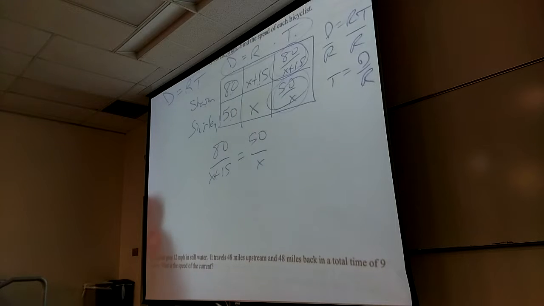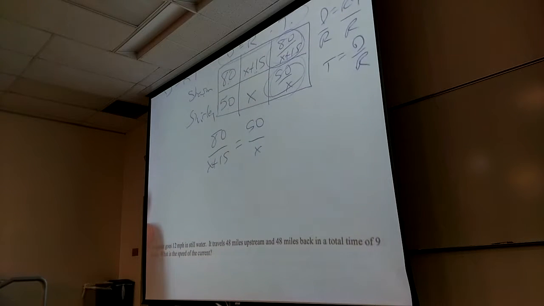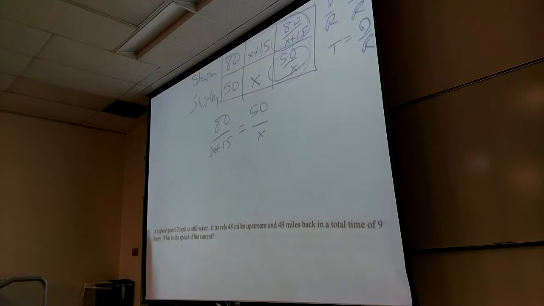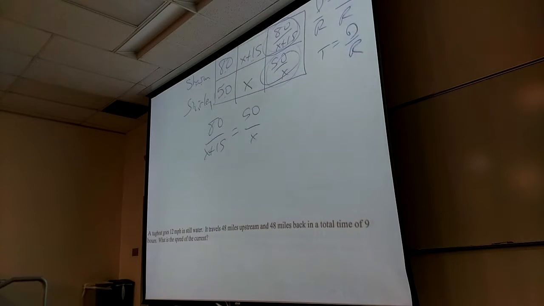Now, we haven't really talked about this yet. There is a process you guys love too much and you try to use it in too many places. What am I allowed to do here? I can cross multiply. The only time it actually works directly is when I have one fraction equals one fraction. If you try to use it anywhere else, you're going to mess up if you're not careful. You can actually use it in more places, but you can't use it exactly the same way. It's a little bit of a clever thing to do. So don't. This is the only time you can use it directly.